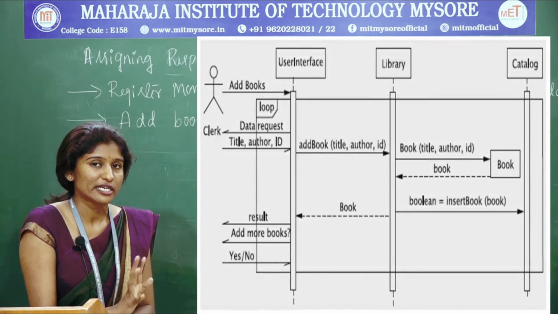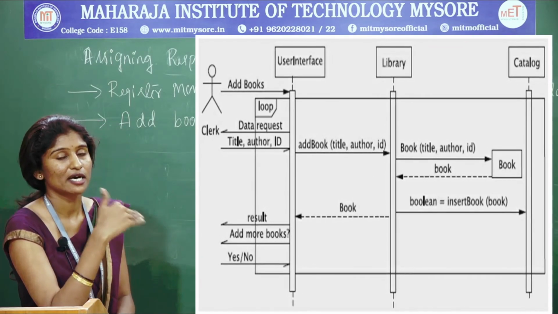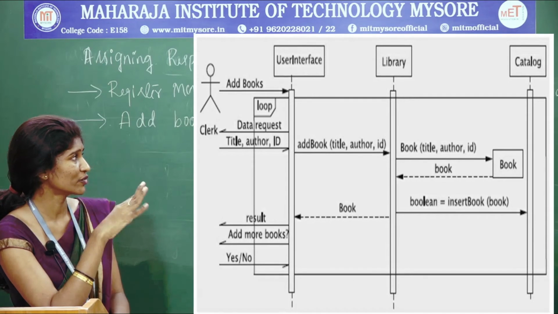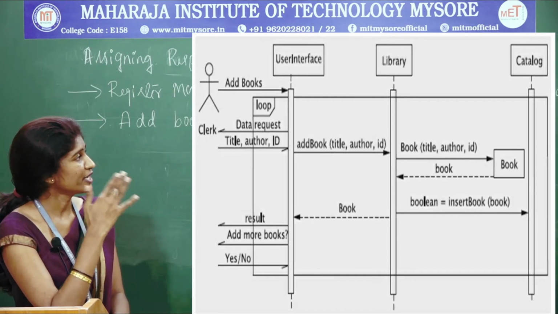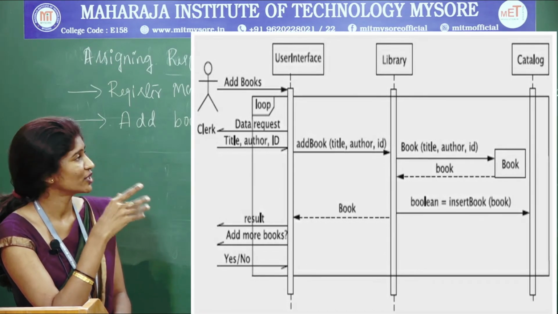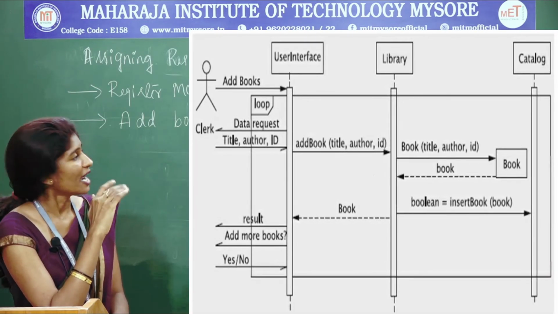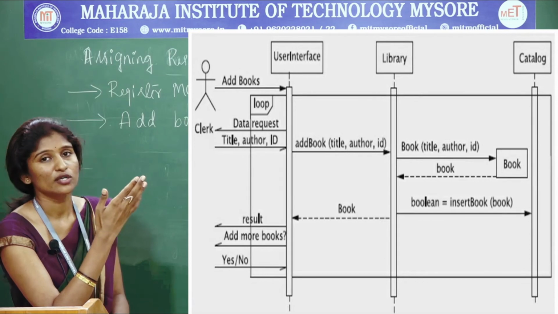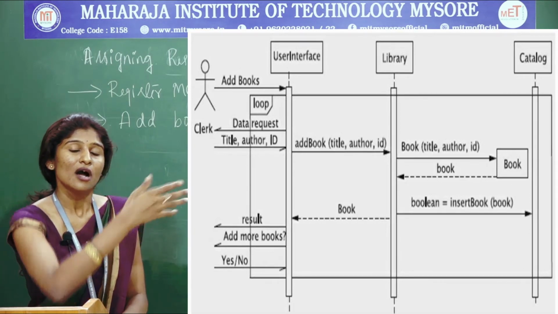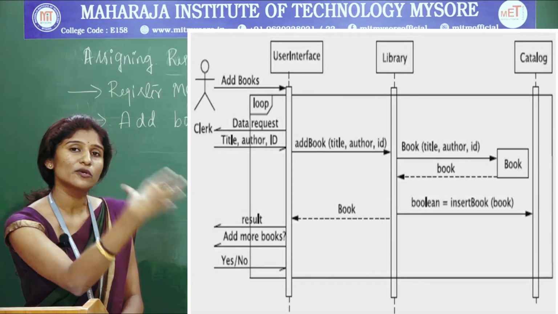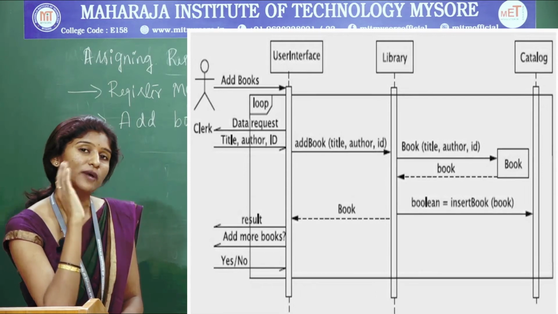After entering those details, the arrow mark moves towards the library system. We need to update each and every piece of information to the library system. The library server will be there, no? There we need to update it. And after that we have got the catalog. Catalog means it contains all the books that are present in the library system. We need to add there.